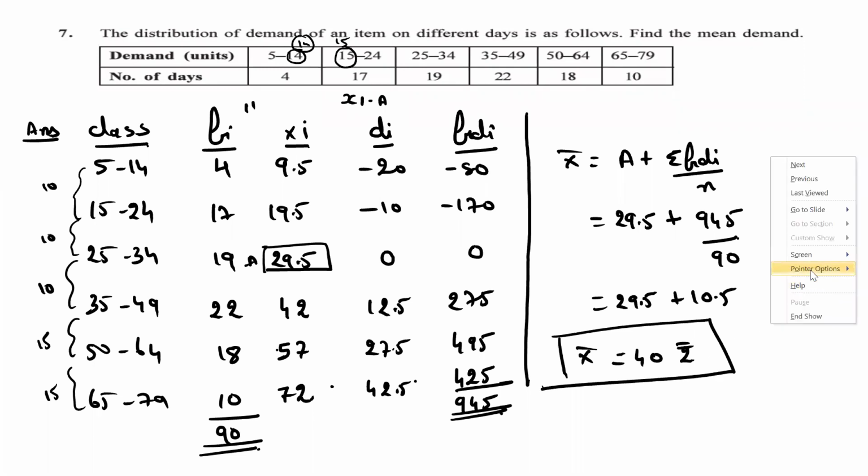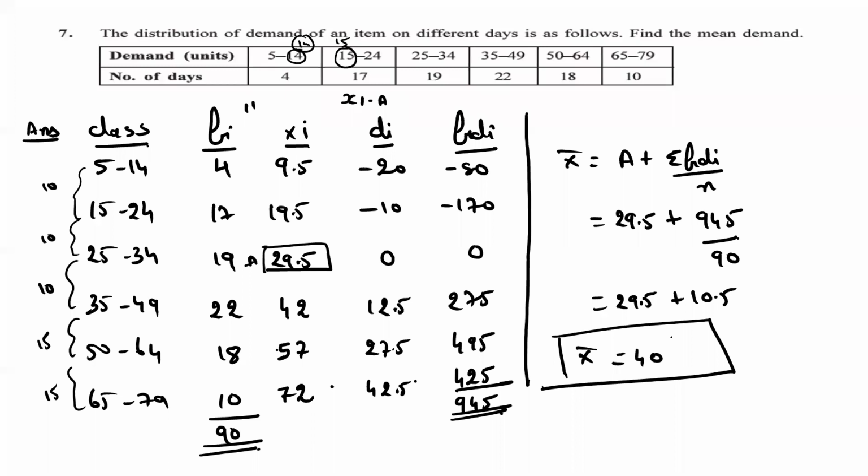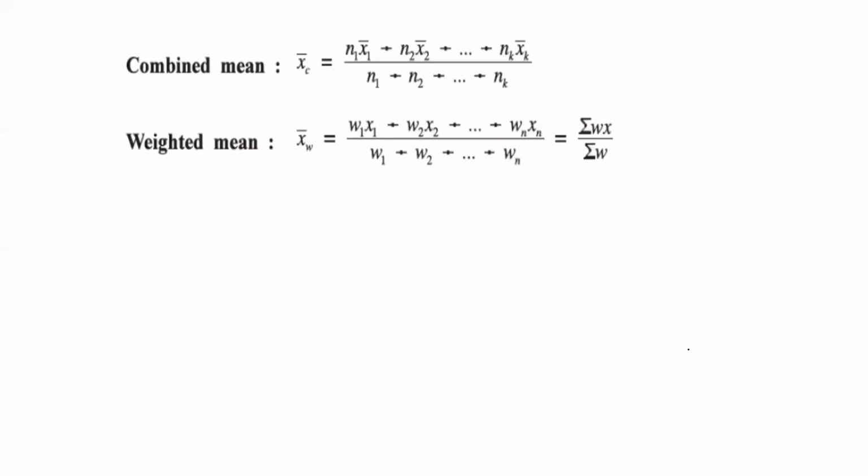So I think from this question we have come to know that when the classes are irregular, we can do by FIDI also, but you know the problem, right? You cannot divide it. Okay, so I think that sum is clear. We are moving towards the next question.